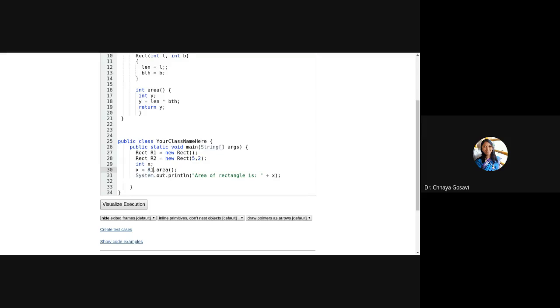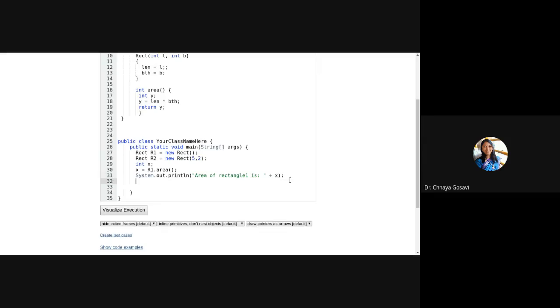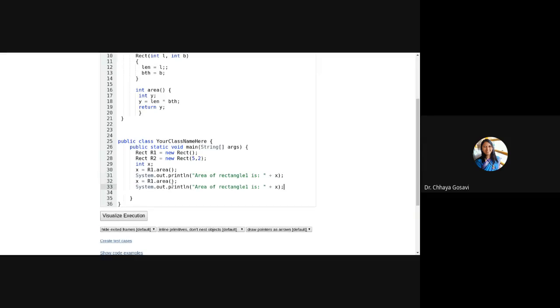So if I call r1 dot area, I'm printing area of rectangle 1. Then I'm calling this r2 dot area function and want to print area of rectangle 2. Let's see how it will work.